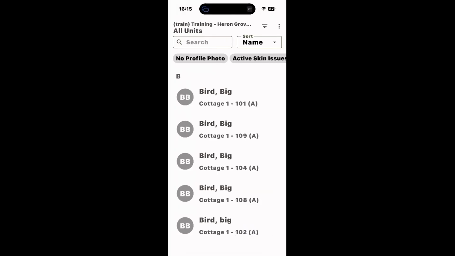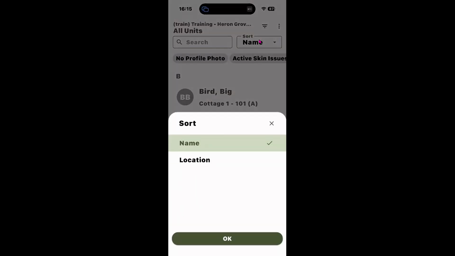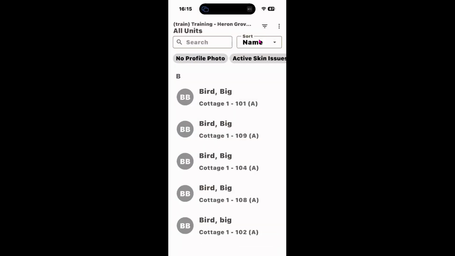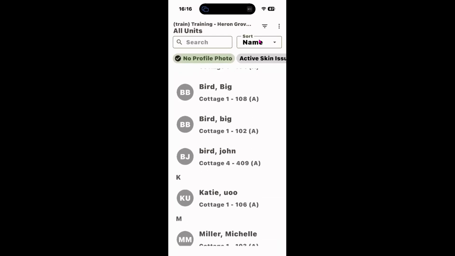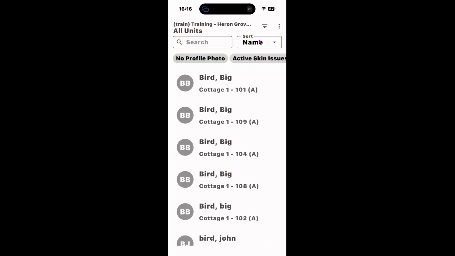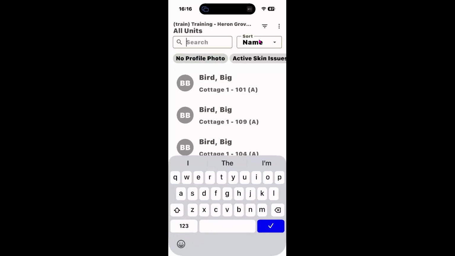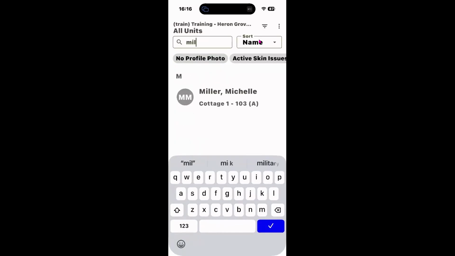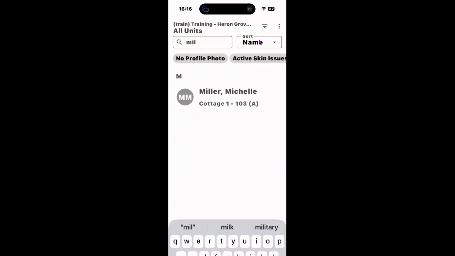The reason we would wait until after the resident has moved in to do this is because they have to be active in my building. You'll notice it's a very straightforward, simple screen. I'm sorting by resident name here. That's the option on the right-hand side. I can click to sort by location. I can sort and filter by no profile photo, and none of our residents here have profile photos at the moment. When sorting by name, I can search. I can search for Michelle Miller, and as soon as I click on her name,